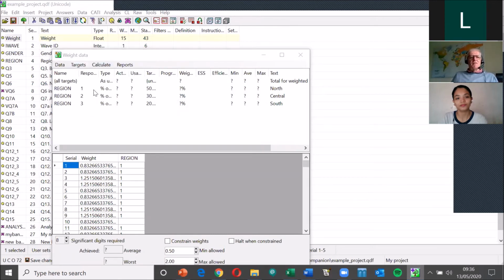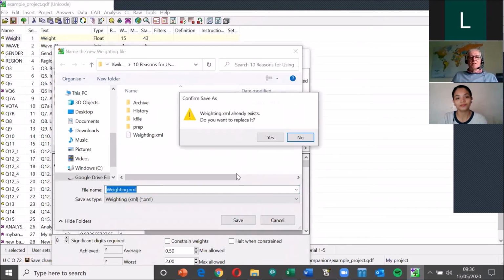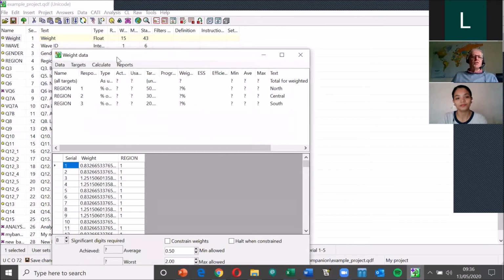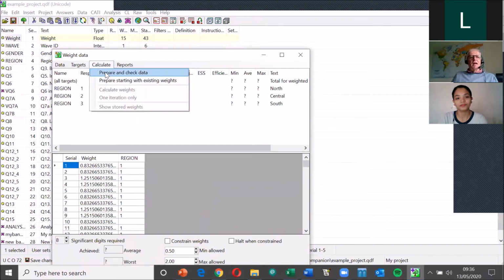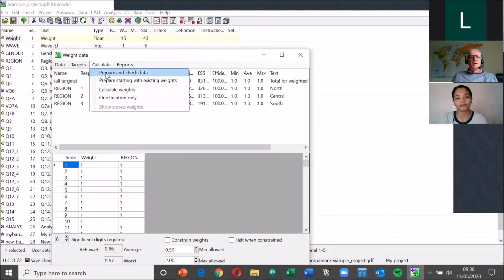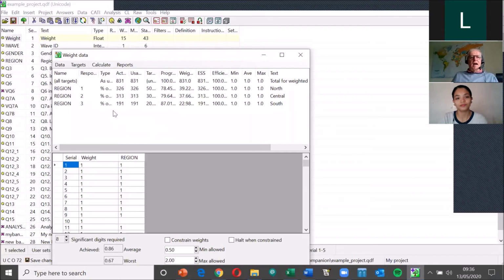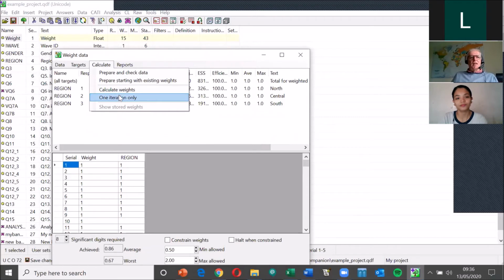I can save this weighting matrix so I can use it another time. I haven't got to do that. I can just do it temporarily. And I can then go ahead and prepare checks on my data and go away and calculate the weights that are needed. And then,